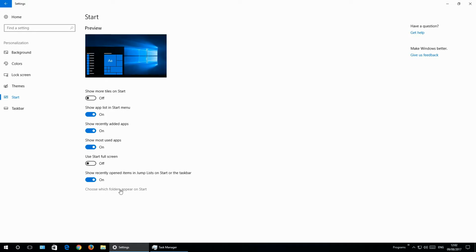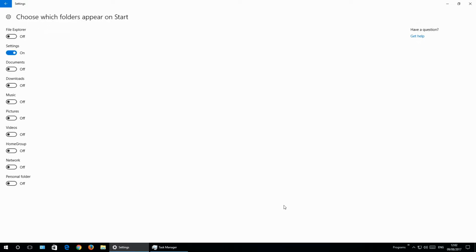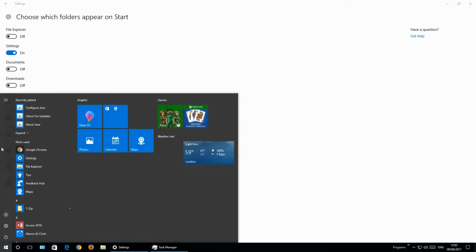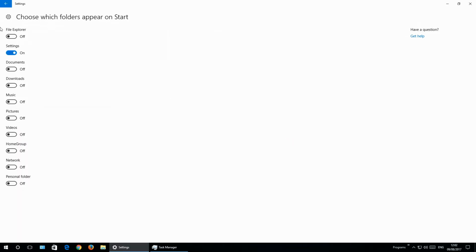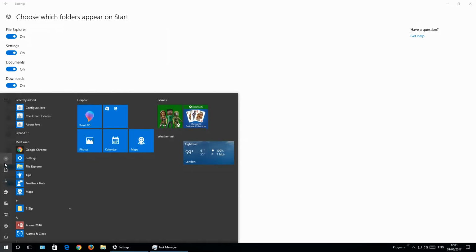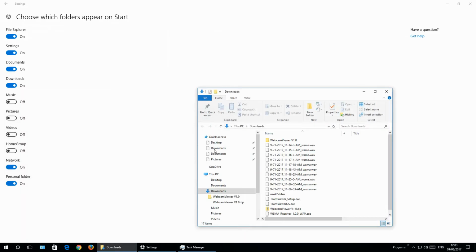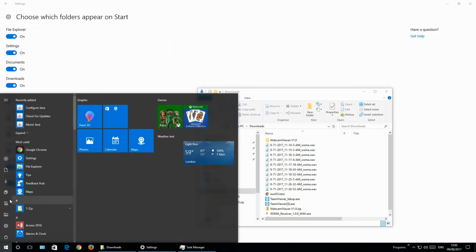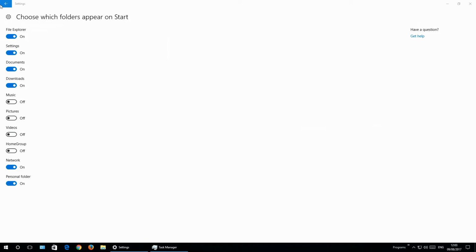Choose which folders appear on Start. Whatever you check on here will be placed right on this side. So let's say you want File Explorer to open here, and Documents and Downloads, and let's say Network and Personal Folder. When you go to Start, all of these selections are clickable. Let's say Downloads, you can go wherever you want. So let's go back,